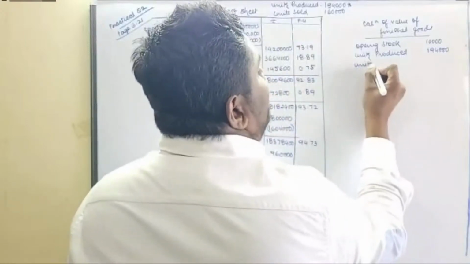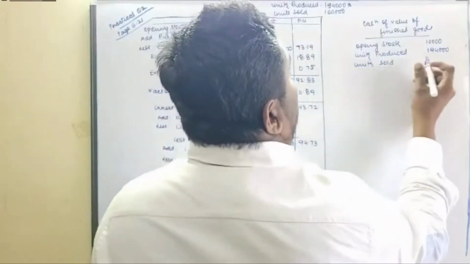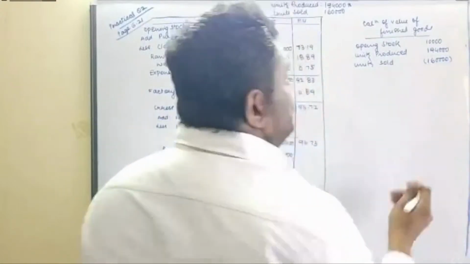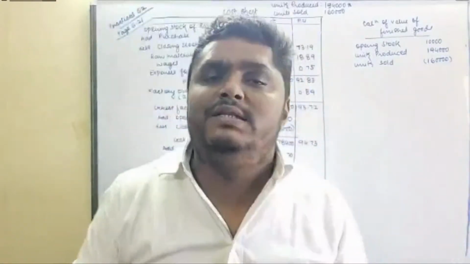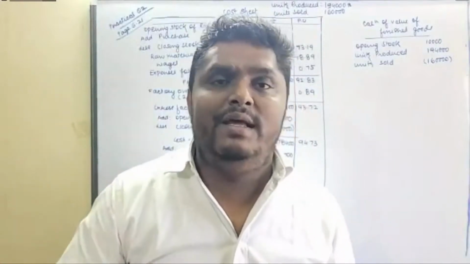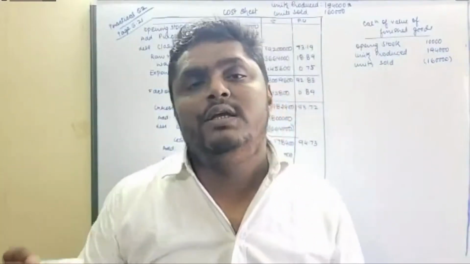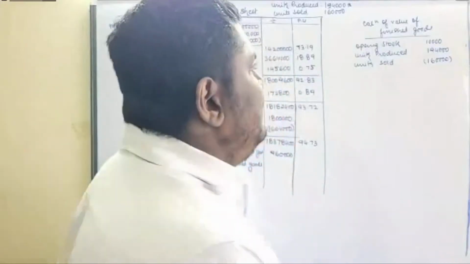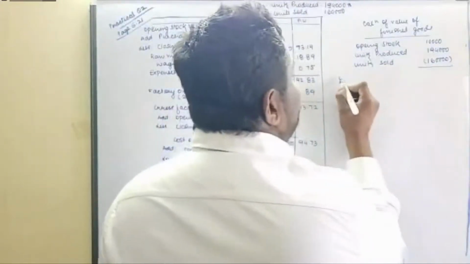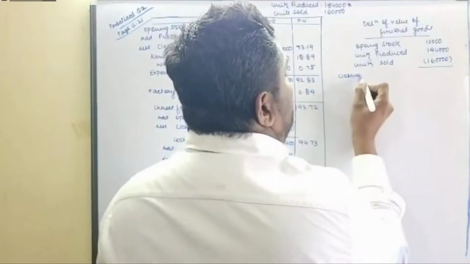Units sold are given, that is 1,60,000. So 10,000 units were in stock. We manufactured 1,94,000 units during the year. So it means total 2,04,000 units were in hand. Of this 2,04,000 units, 1,60,000 units were sold. So units that are still in stock